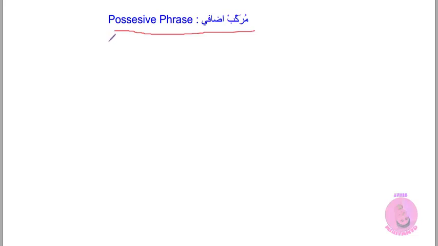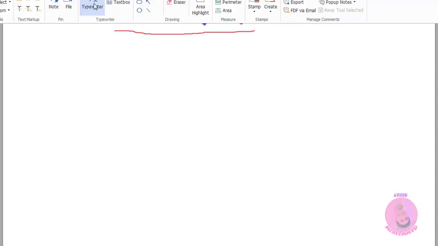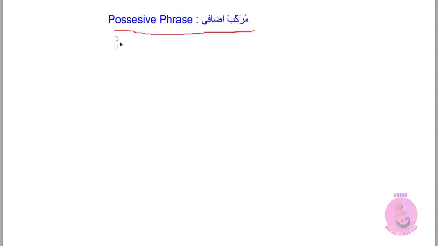Welcome. In this lesson, we are going to learn about the possessive phrase. A possessive phrase is a phrase that shows possession of one thing by another. Let me write its definition in English. It shows possession of one thing